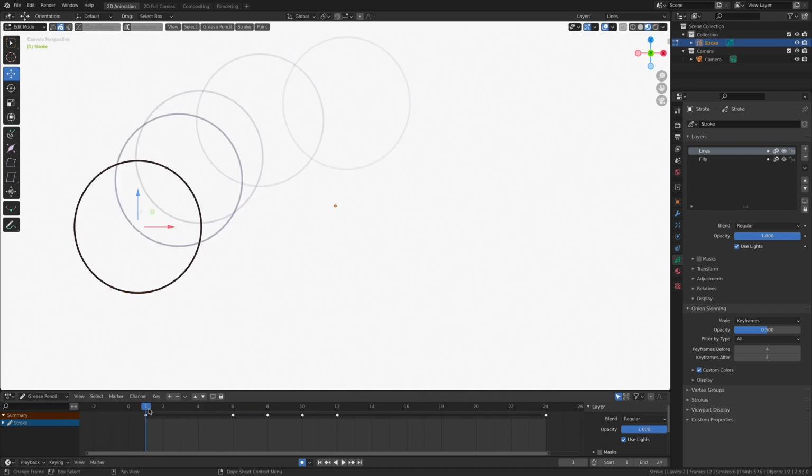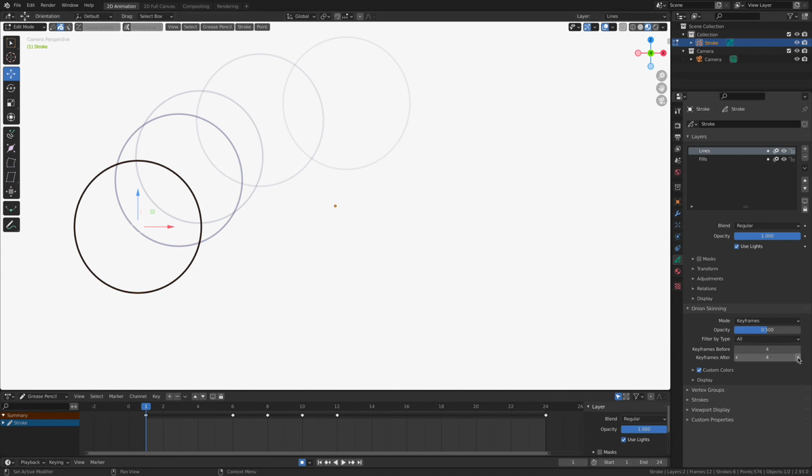Over here on frame 1, though, again, we've run into that exact same problem. We're only seeing 4 keyframes after the current location of my playhead. So here's frame 6. This next sphere is frame 8. This one here is frame 10. And of course, this one here is lastly on frame 12. So 1, 2, 3, 4. What about good old keyframe 24? Well, that one's still way out over there.